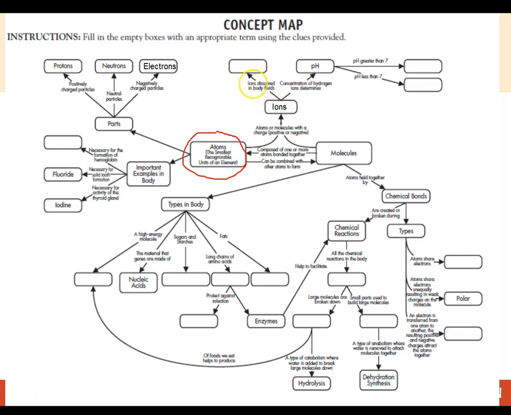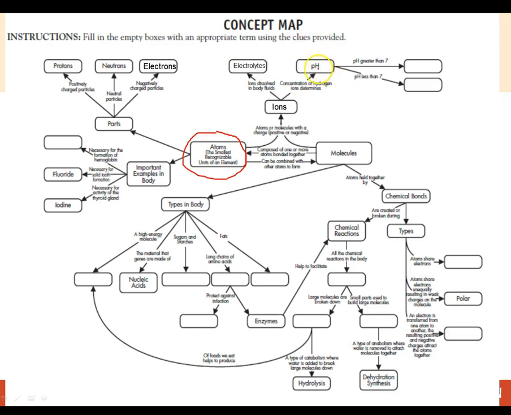Let's do this one first. Ions dissolved in body salts. What are those known as? That would be electrolytes. Now, when we talk about these ions in relation to their like or dislike of hydrogen